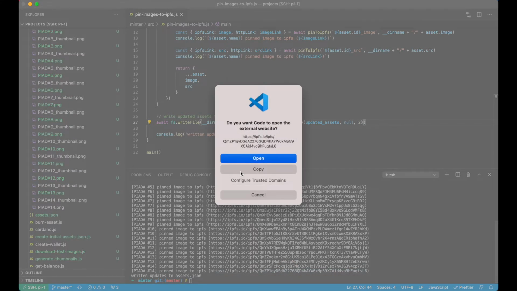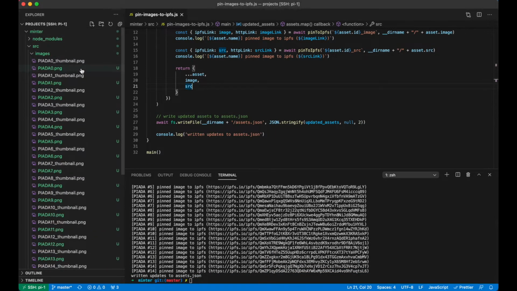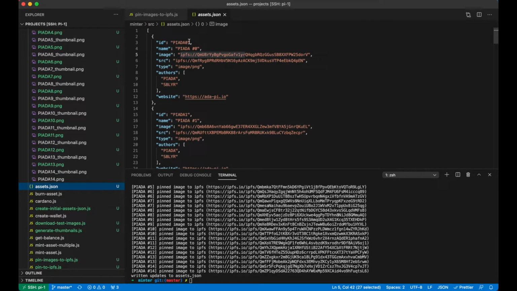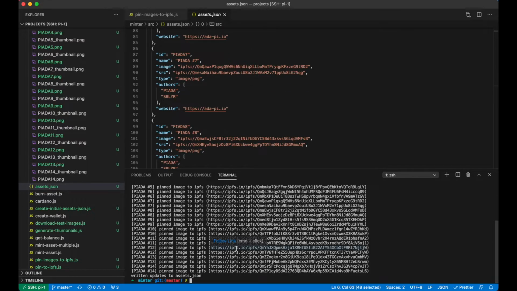So let's check this actual image out on IPFS. And you see the image is uploaded to IPFS, as well as our assets.json is now updated with all the references to the right images. So now that we actually have all the metadata as well as the images pinned to IPFS, we can go ahead and